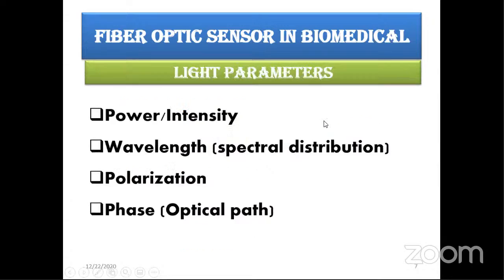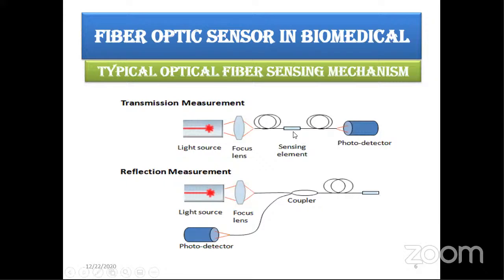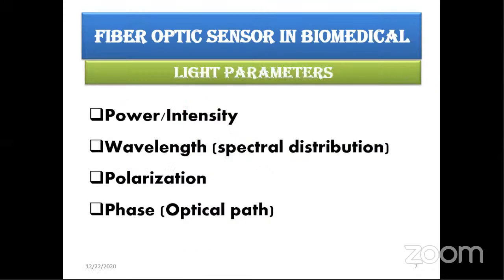And let us see about the light parameters. Actually, here the characteristics of light are measured by using this sensor. Only the light is transmitted. The light parameters will be measured by this sensor, so it is called an optical sensor. The light parameters are